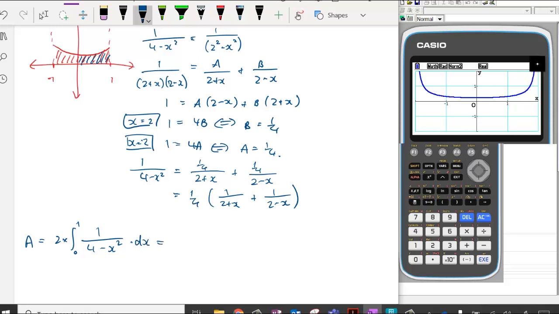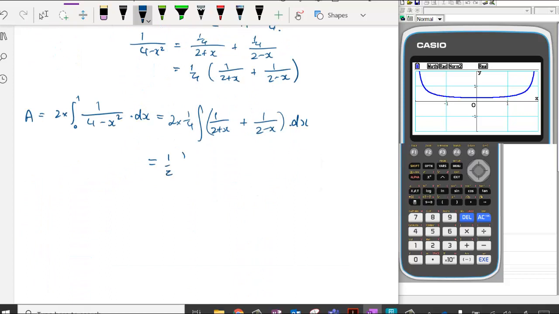Okay, so let's do this now. We've got 2 lots of 1/4 the integral of 1 on 2 plus x and 1 on 2 take x with respect to x, which means we've got 1/2. The integral of 1 over 2 plus x is simply ln 2 plus x, and the integral of 1 on